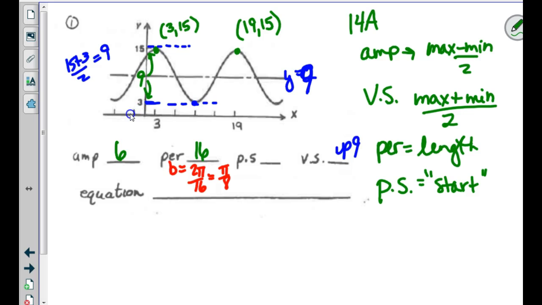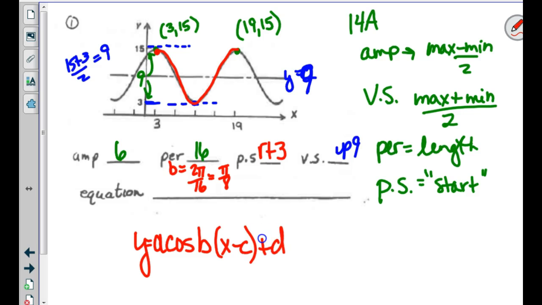And you could have found either one first. All right, phase shift, guys. Yeah, if we're going to start by talking about this piece of the graph, we're going to say it shifted to the right 3. All right, so our equation is y equals a cosine b x minus c plus d,